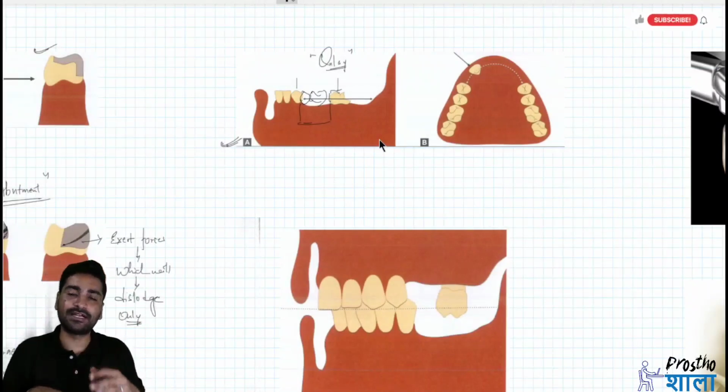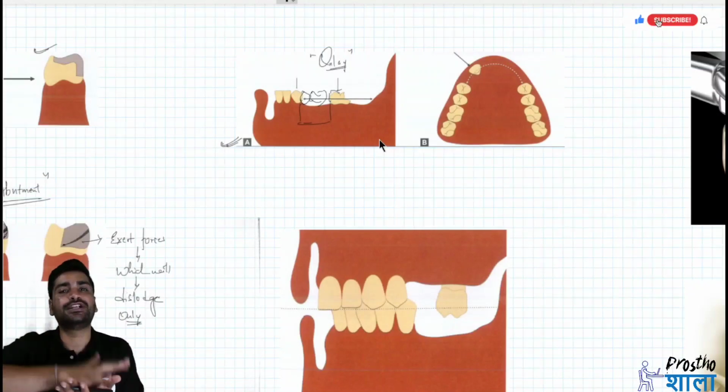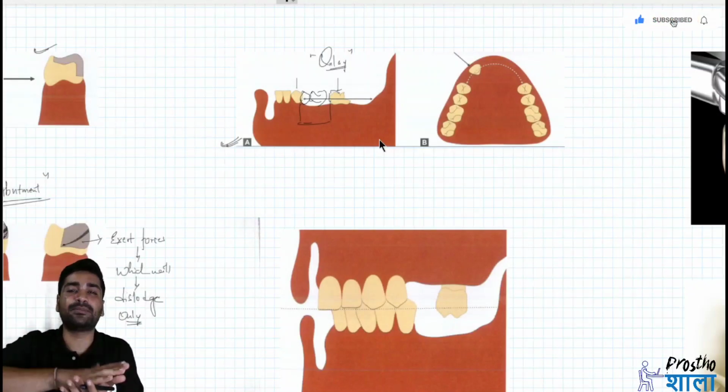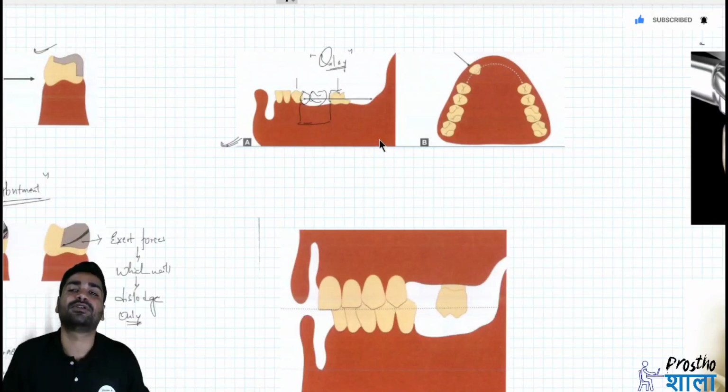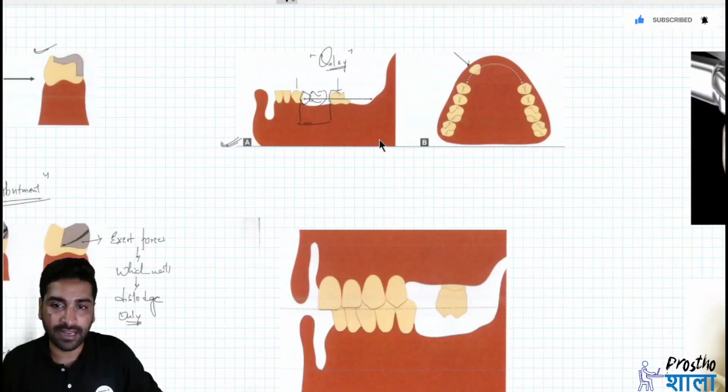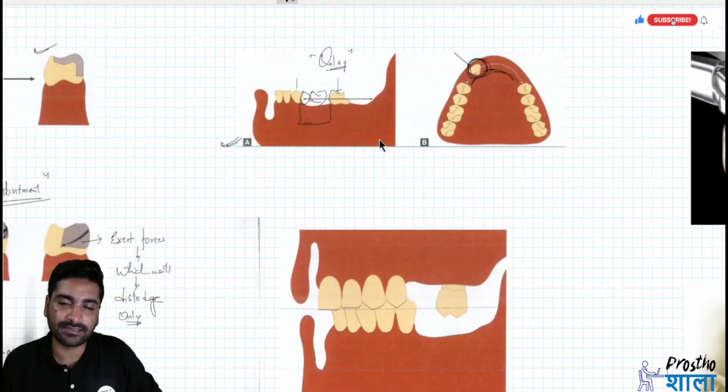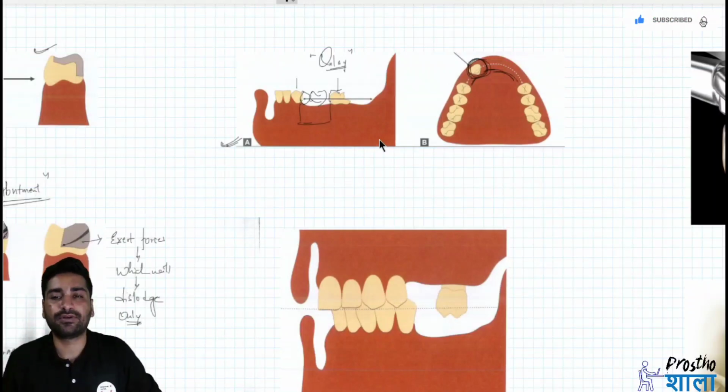The tissue supported RPD takes support from the teeth and also from the tissues. Tissues are compressible, right? So the RPD will tend more toward flexion than a tooth supported RPD. Similarly, if you have anterior teeth and you can save them, you should, because they break the edentulous space into two different parts, act as additional abutment teeth, right, and provide a good amount of support and